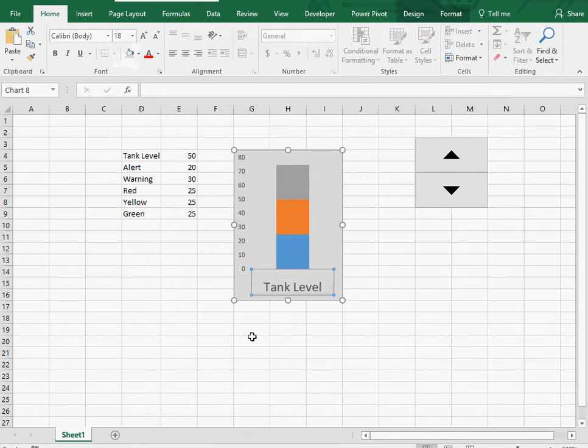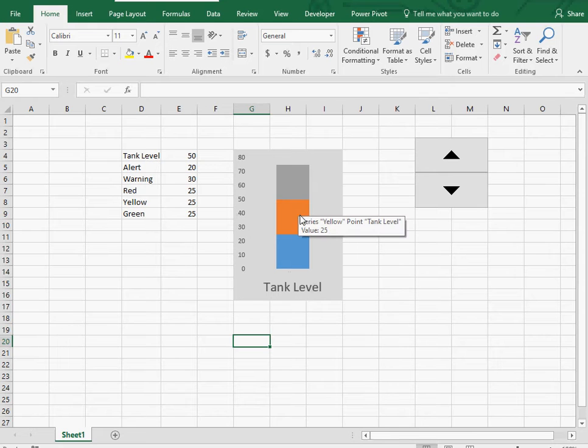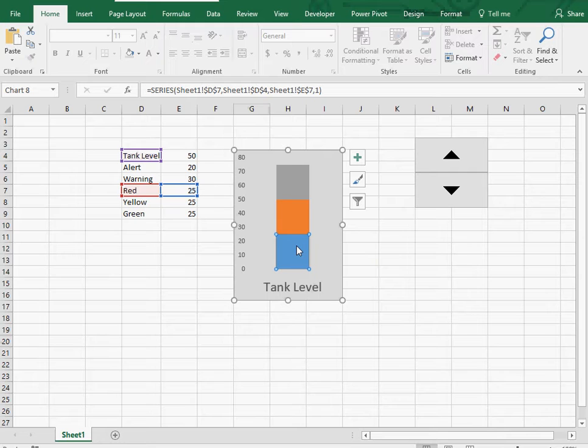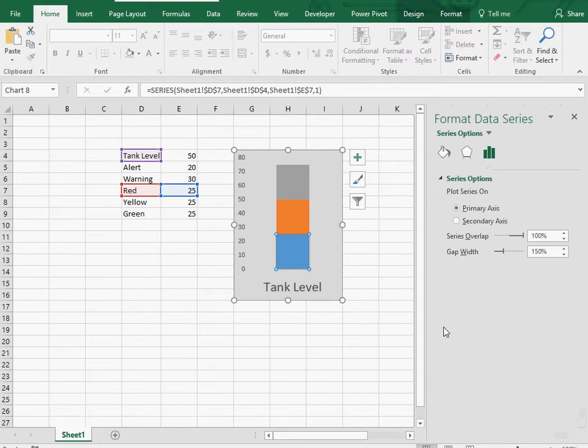There we go. All right, now this is starting to look like what we wanted, except for the fact that we see all three of these ranges stacked together. What we're going to do, we're going to make some of these disappear by making them a zero value over here with formulas. First of all, while we can still see them, let's change them the color we want. If you hold down your Control button and tap your 1, Control 1, you'll pick up